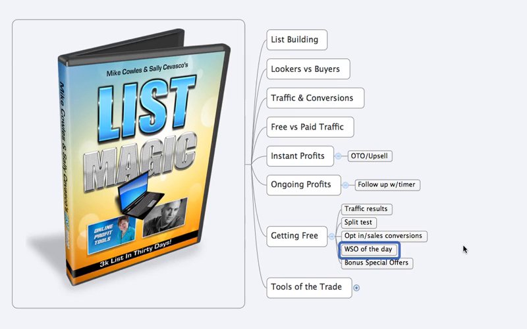And then let's say it's through JVZoo as an example, then your assistant will just copy that entire email that she got. So let's say it's Monday morning and it says WSO of the day is Mike Cowell's affiliate link magic, and there's like 2 or 3 paragraphs. We'll say Mike's awesome at creating software. This one lets you build your list while sending affiliate traffic directly to a sales page. It's really cool. Check out the 30-second demo video or whatever. Well, she would copy that exact same thing, put it into your Get Response account to mail it out, and then put your affiliate link for JVZoo for that product.